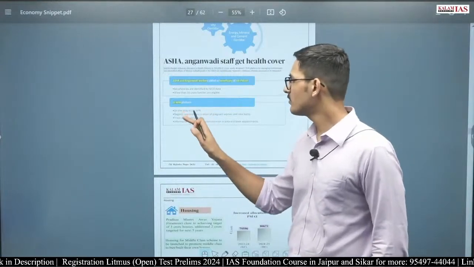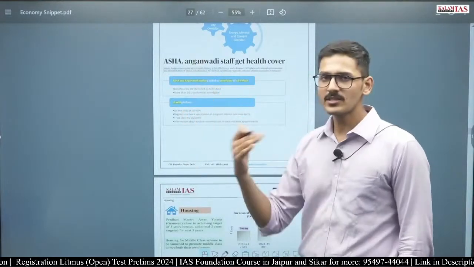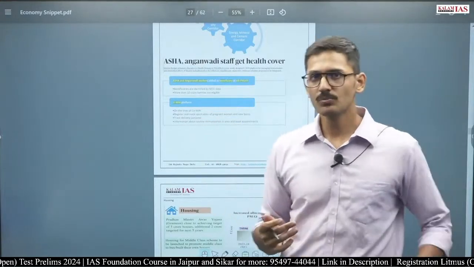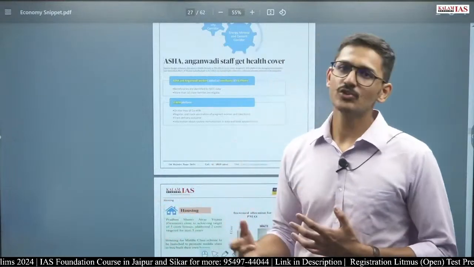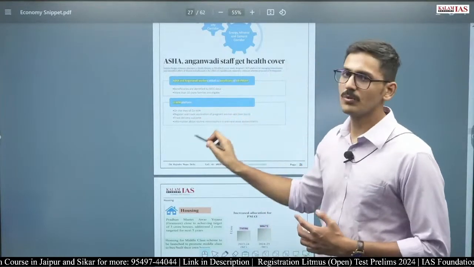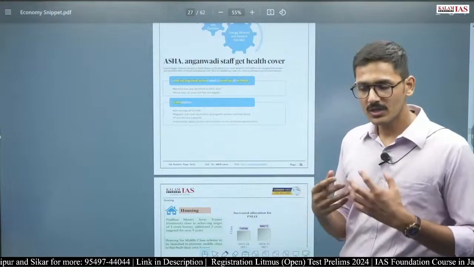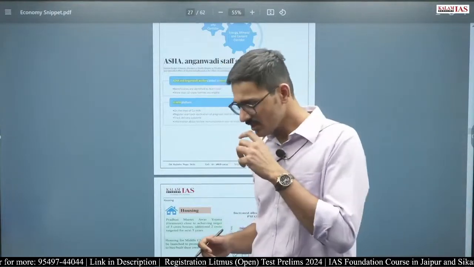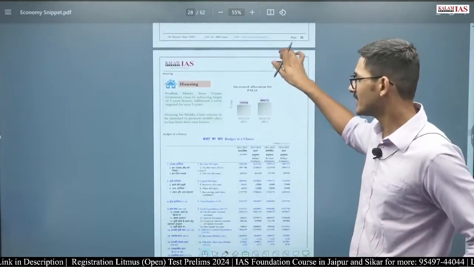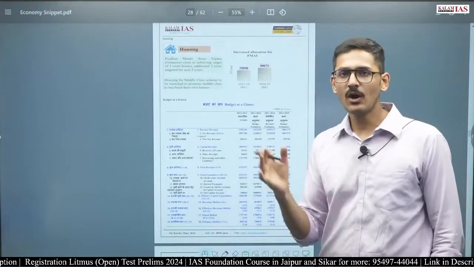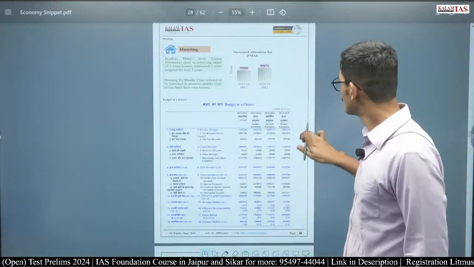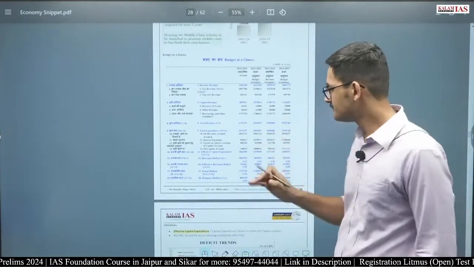The U-WIN platform is basically on the lines of the COVID platform. We have seen the COVID platform; we used it to book our appointment for vaccination. Similarly, the U-WIN platform has been created, and it will register and track vaccination of pregnant women and newborns. Whatever vaccination they need, the platform will provide all the details, including where the vaccination is happening, and it will also track how much vaccination has been given to the newborn or the pregnant women. So this will basically help in streamlining the data.